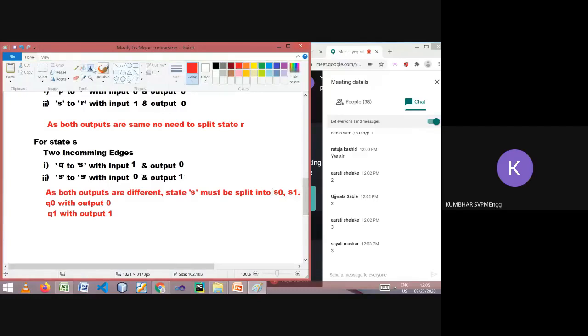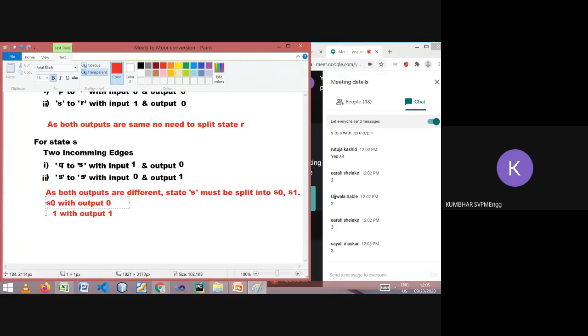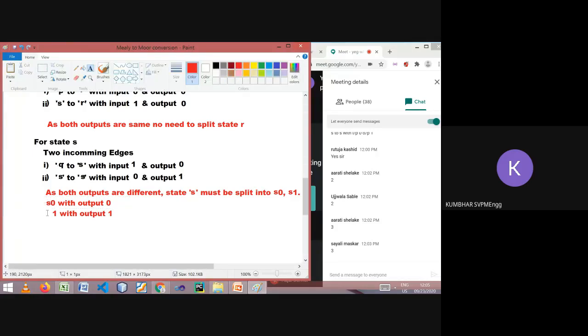And we have to record the outputs also. S0 will give output 0 and S1 will give output 1. The story doesn't end here. We have to draw this in a transition diagram, the final transition diagram.